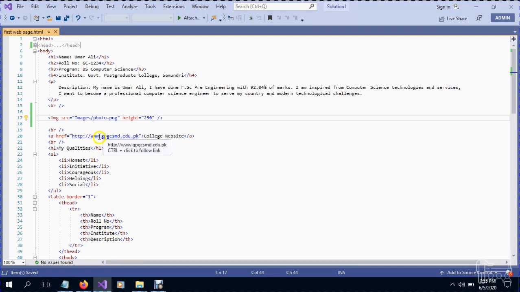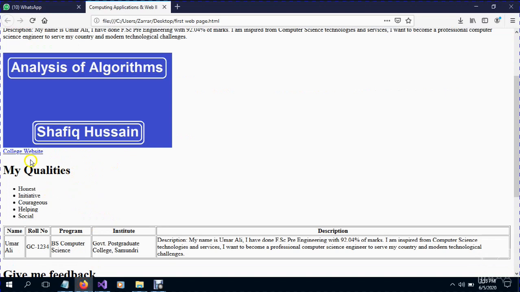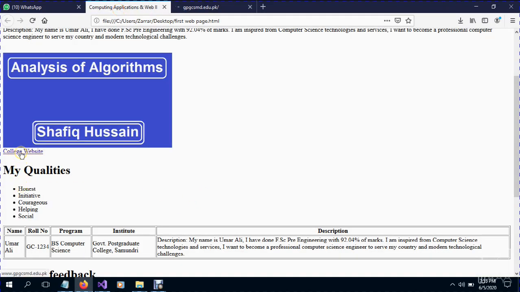Like this is the website of our college, and we want that if our user clicks on this college website, the user will be redirected to the other website. If you open it in a new tab, then you will see that the address behind this anchor tag will be displayed, like this one.